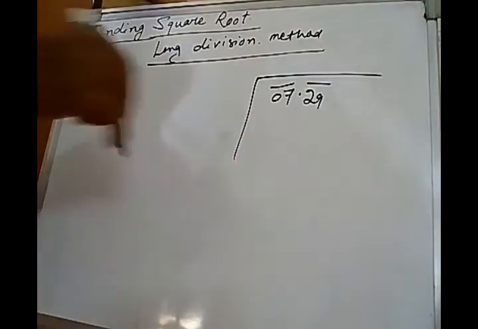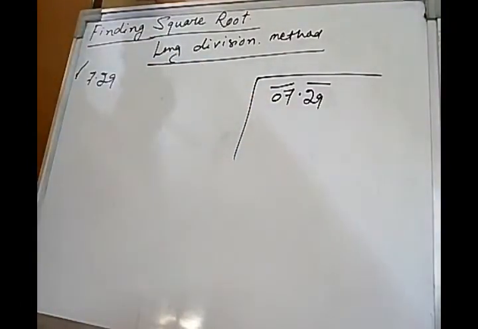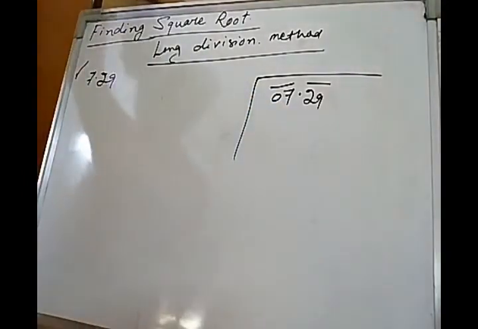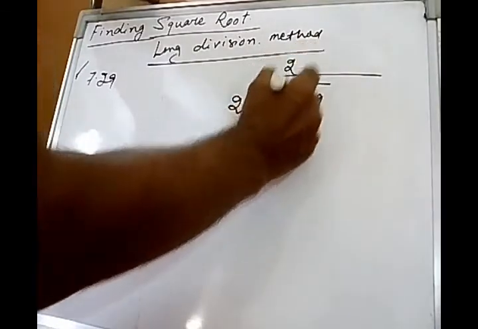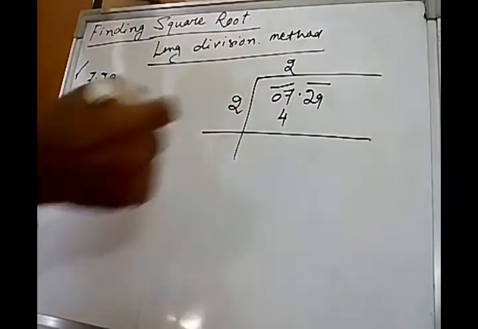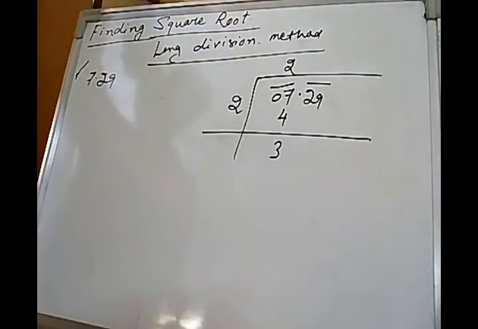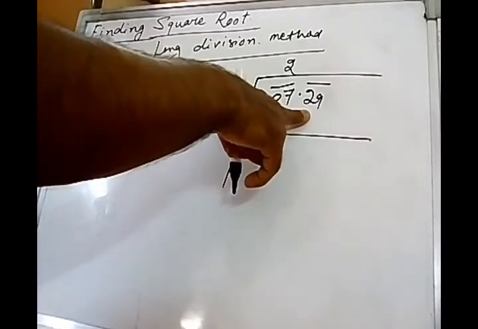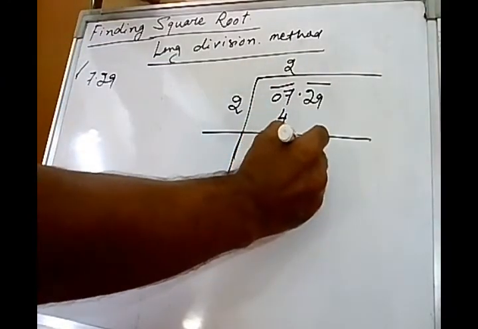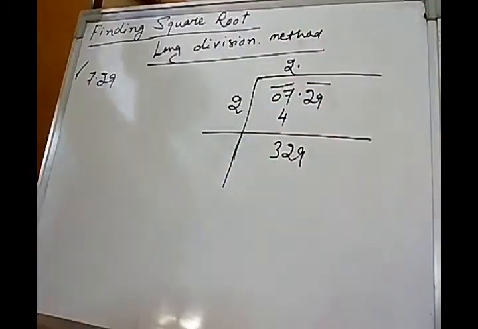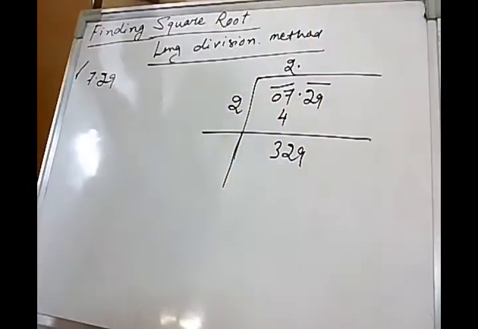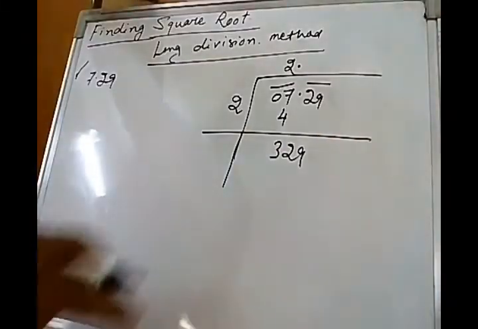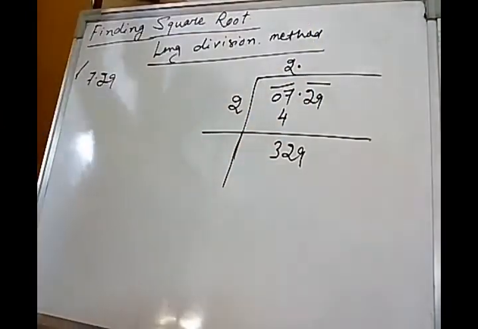Now I am finding the square root. So here the first pair is 0 and 7. 7 is not a square number. So below 7, which is the square number? 4 is the square number. And 4 is whose square? 2 square. So 2 to the top. 7 minus 4 equals 3. Now the next pair of numbers is 0.29. As 0.29 is coming here, you have to put the point sign because I have touched the decimal places digits. If I am not going to the decimal places digits, then the decimal point cannot be placed.